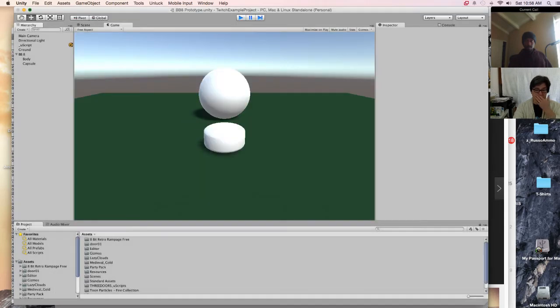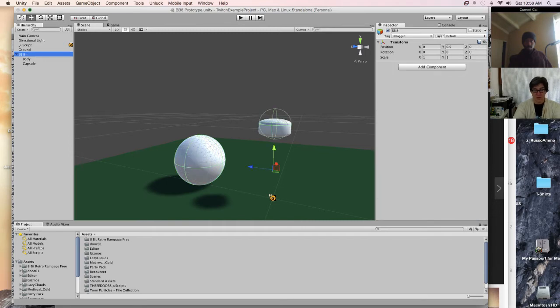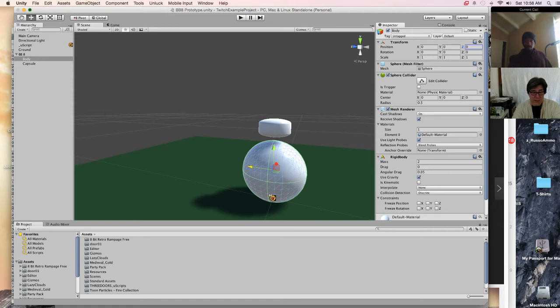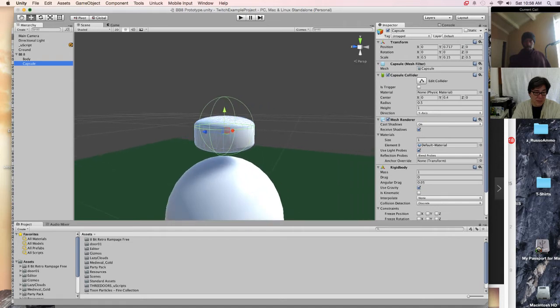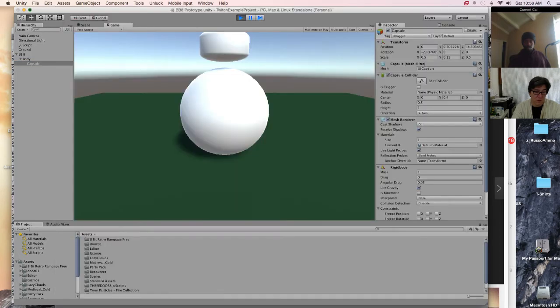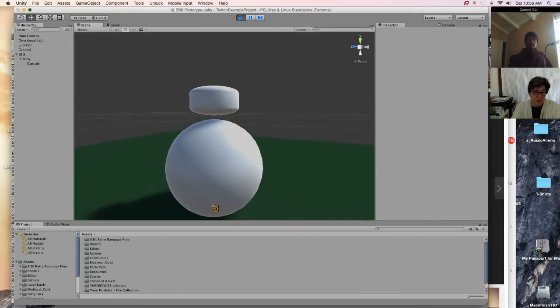But what we want to do, and notice that what's going on here is actually we are going to have to drop a rigid body on this BB-8 dummy object. I jumped ahead a little bit. Let's move this back to 0 here, because what we want to do is add a joint to connect them, right? Actually, if I put the capsule and attach it to the body, let's see what happens then, right? So now the body is the parent of the capsule head, correct? Right? Yeah. Let's go back into here.